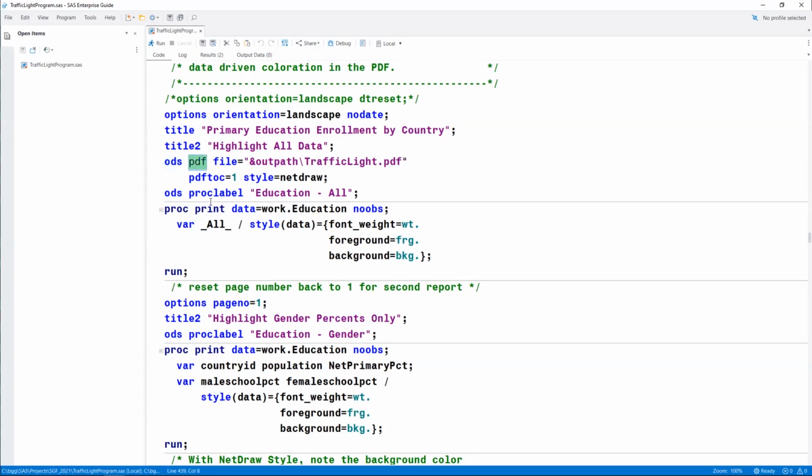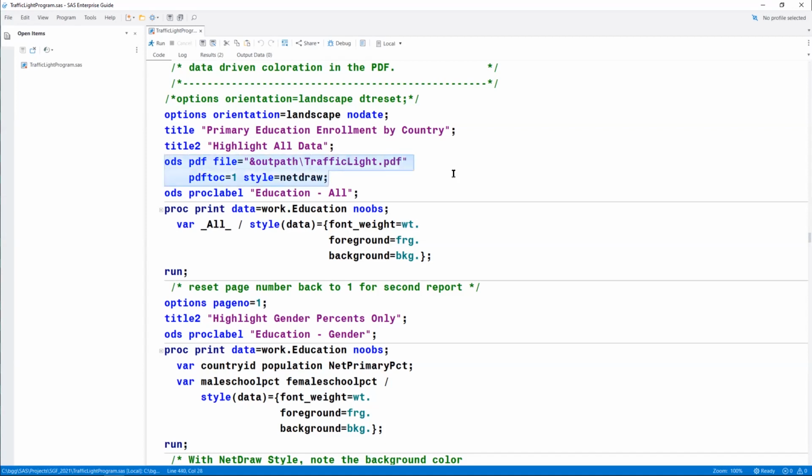And when I change the destination, this name is called the destination of the output format we want to create, I also have to change the extension to that file name to reflect this new formatted file I want to create. And so I said, create a trafficlight.pdf file on my ODS statement.